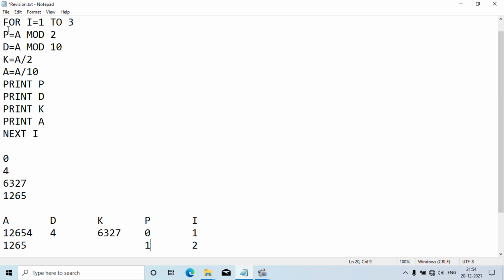Now d equal to a mod 10. As I already said, if you divide any number by 10, the last digit comes as the remainder. So the value of d is of course 5.